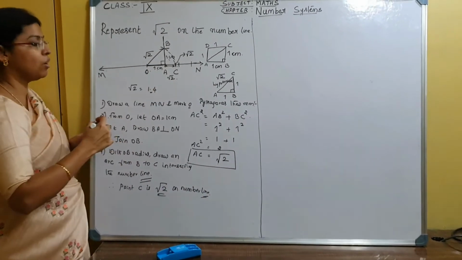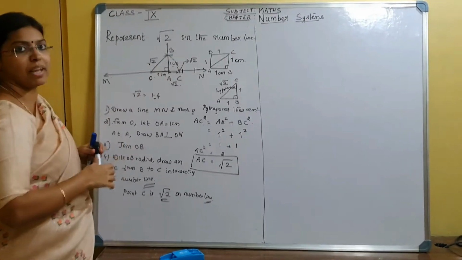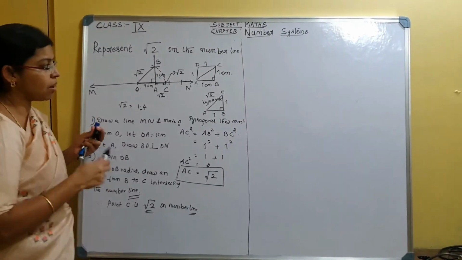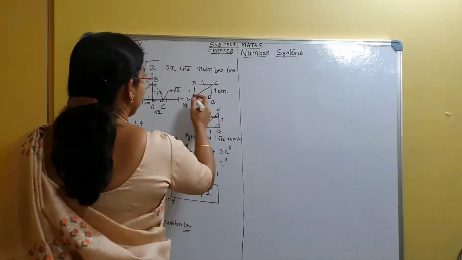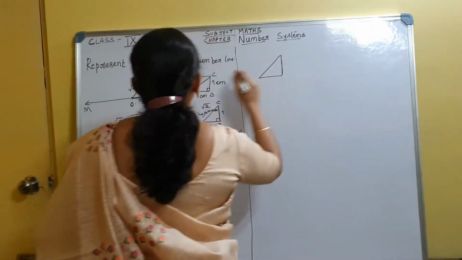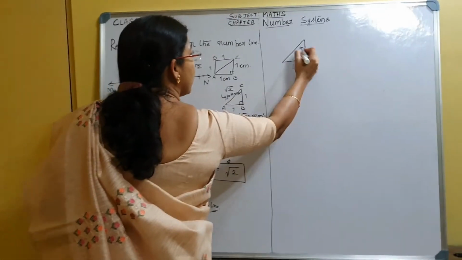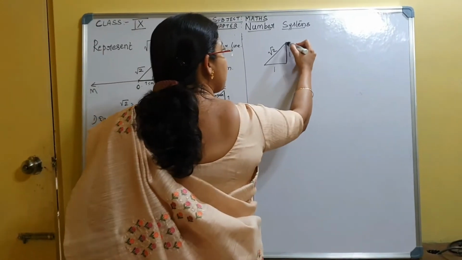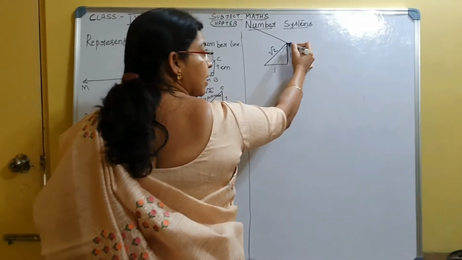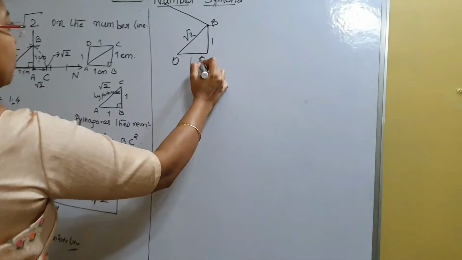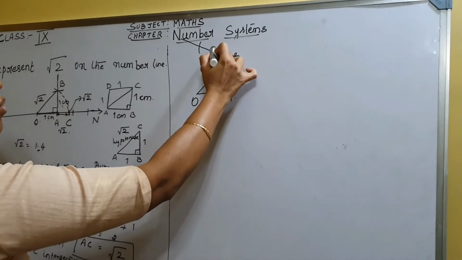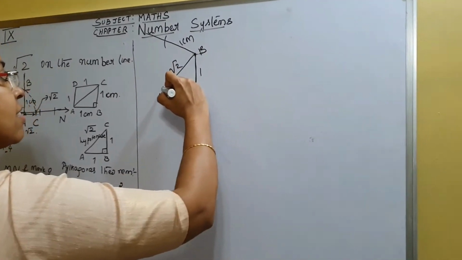Okay children, this is clear now? How we got the irrational number on the number line. So similarly you can get root 3, root 5. We will apply the Pythagoras theorem. How do we get root 3 and root 5? In a similar way. This is 1, 1 and this is root 2. From this point, take another perpendicular line. At this point you can call it B, O, A. From B you take 90 degrees, cut an arc at 1 centimeter and then join this.